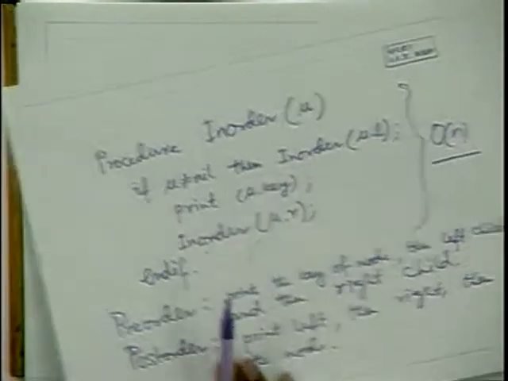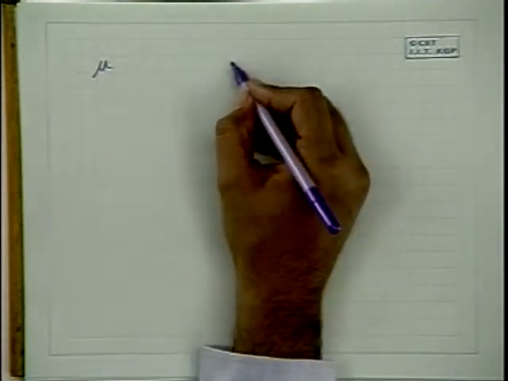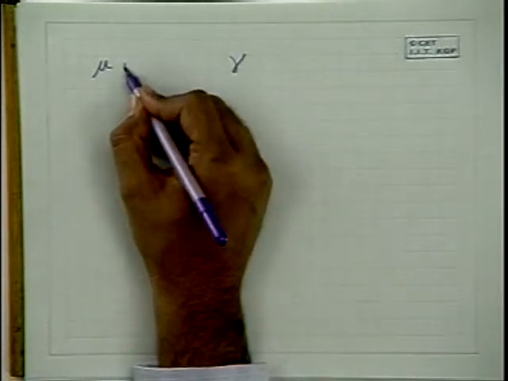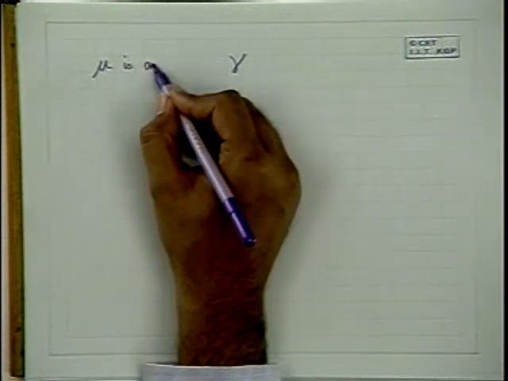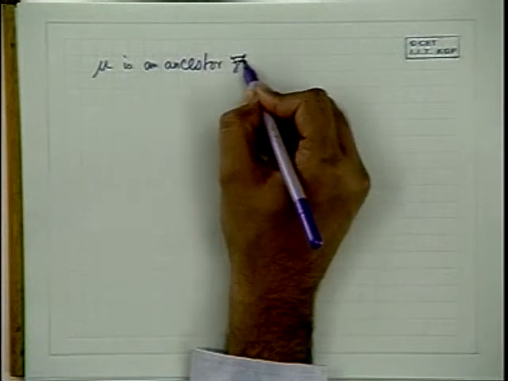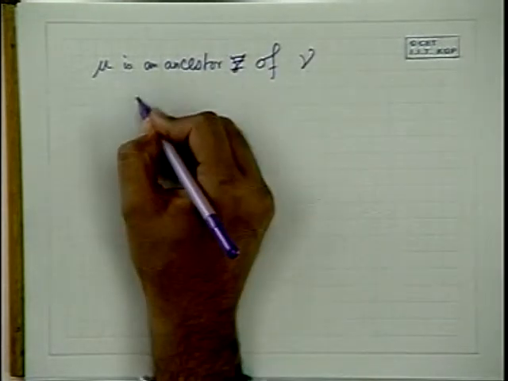Now, I just state one property which can be verified later. You verify it later. I just state it. Suppose you want to know whether, given two nodes, mu and another node, say nu, mu is an ancestor of nu if and only if